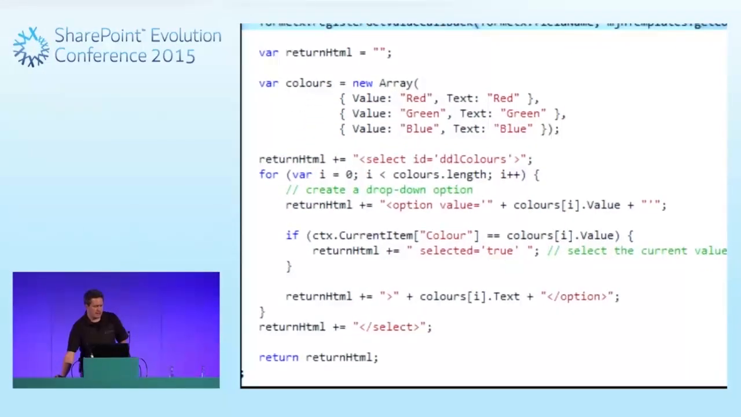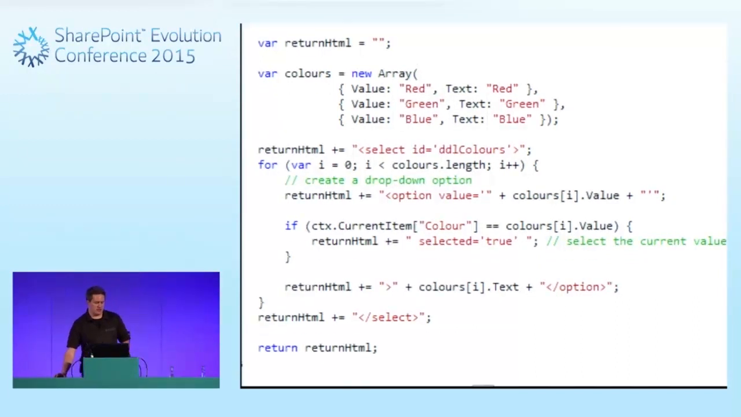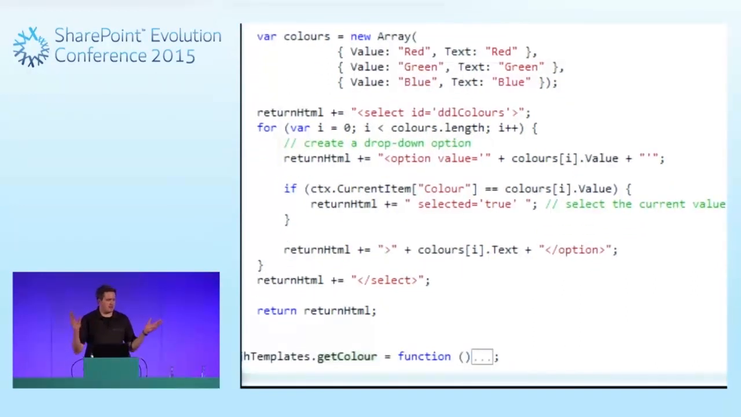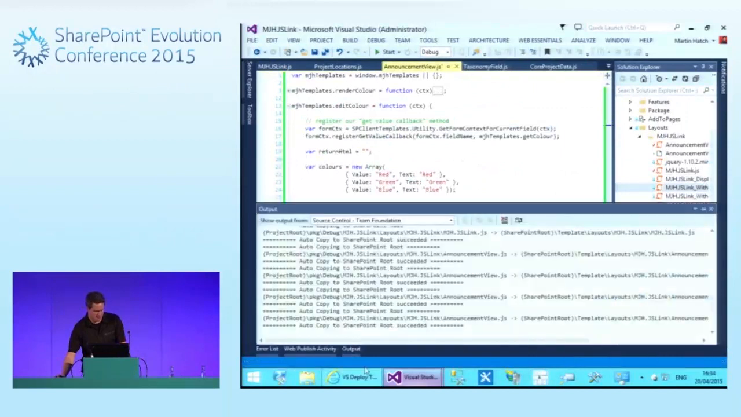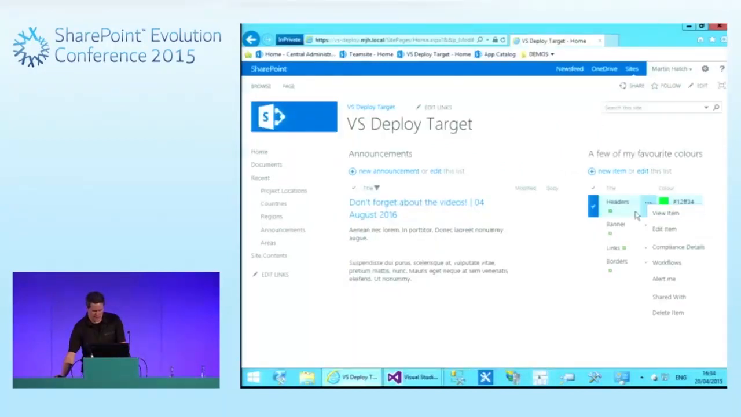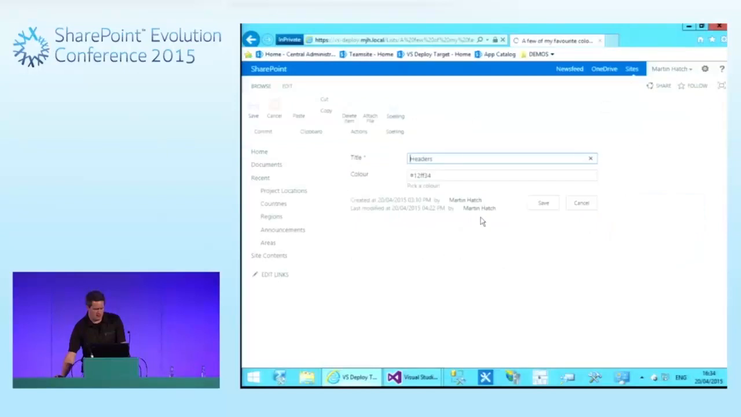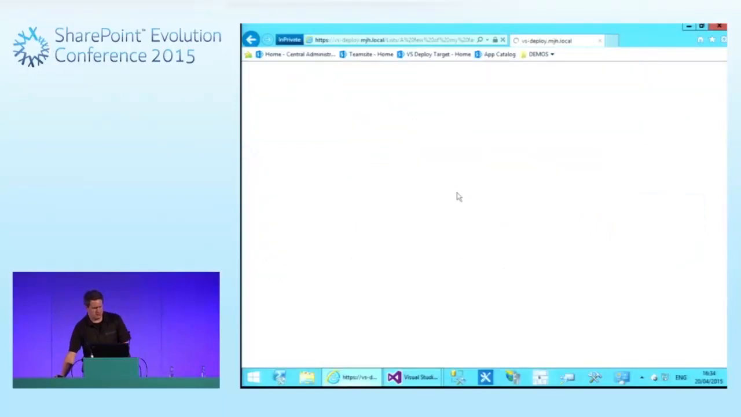Otherwise, I'm returning some HTML, but this time I am defining 3 colors you can pick from, red, green, and blue. It's a slightly boring corporate standard. And I return some select with some options, which is basically a HTML drop-down list. So let's save that. Go over here, and if I go and edit an item, I now have